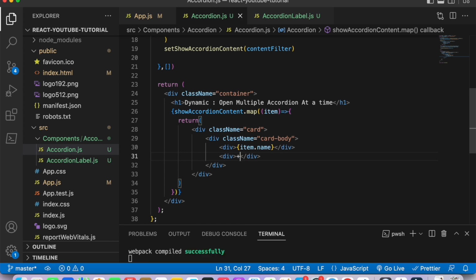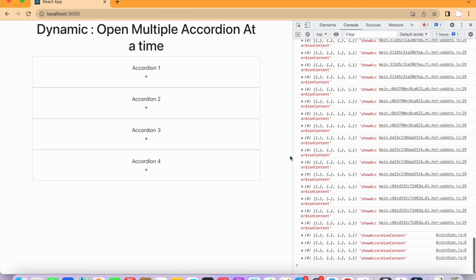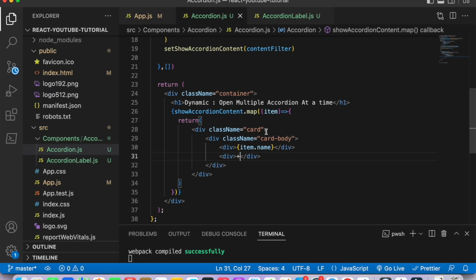in the other I'm going to put this plus sign. So let's see in the browser. This is how it is getting displayed. I want this accordion one to this side and this plus to this side. So for that, I'll give some more Bootstrap classes like